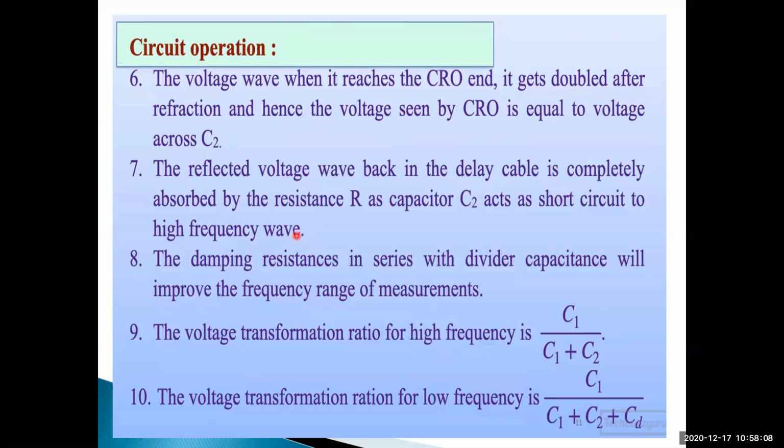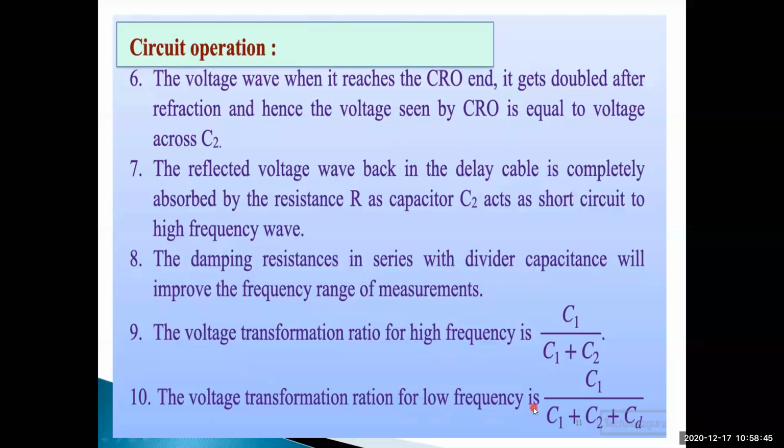Understood? XC of a capacitor: for an inductor XL is equal to omega L, XC is equal to 1 by omega C. Frequency and capacitive reactance are inversely proportional. For high frequencies, it acts as a short circuit. Okay, you know that concept well. The damping resistance in series with the divider capacitance will improve the frequency range of measurement, and that is called the matching resistance. The voltage transformation ratio for high frequency is C1 by C1 plus C2,